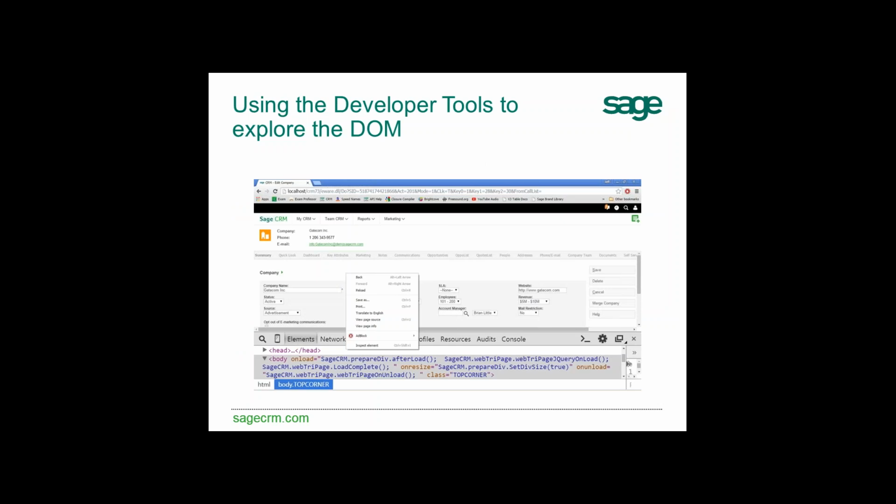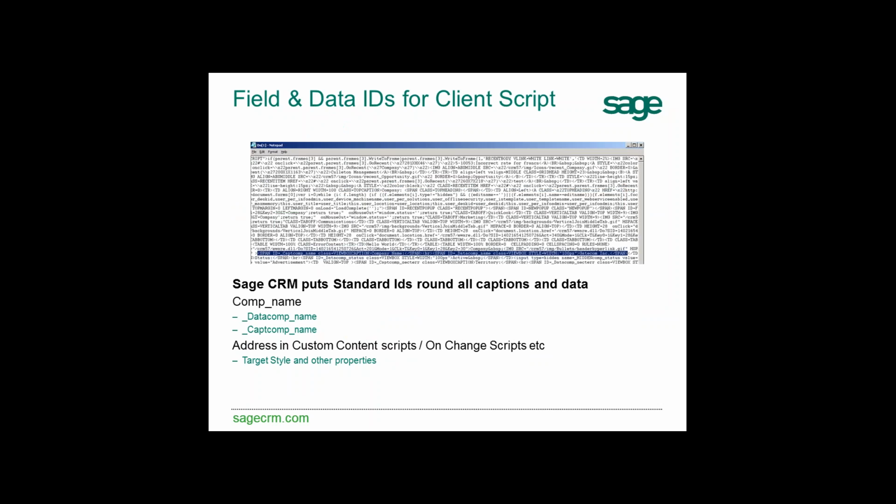Now, we've obviously been using the developer tools to explore the document object model, and that's something I would encourage you to access and play with, pressing the F12 button to open up the developer tools, both exploring the elements and exploring the console, to be able to test and try out JavaScript within the interface. But as you're looking around the code, you'll find that much of the code is labeled and provided with very clear